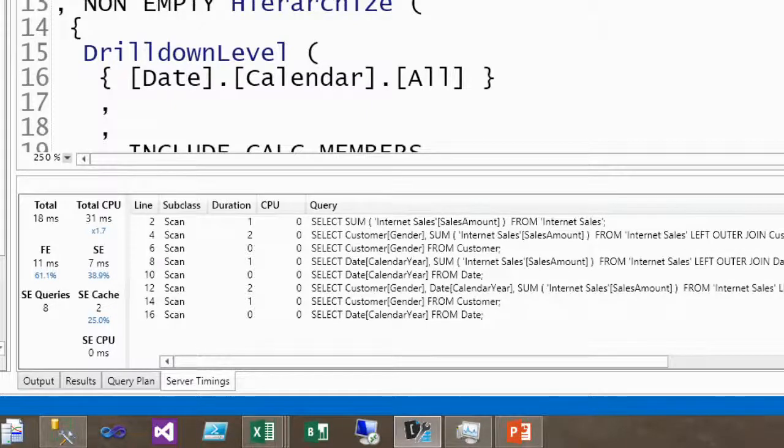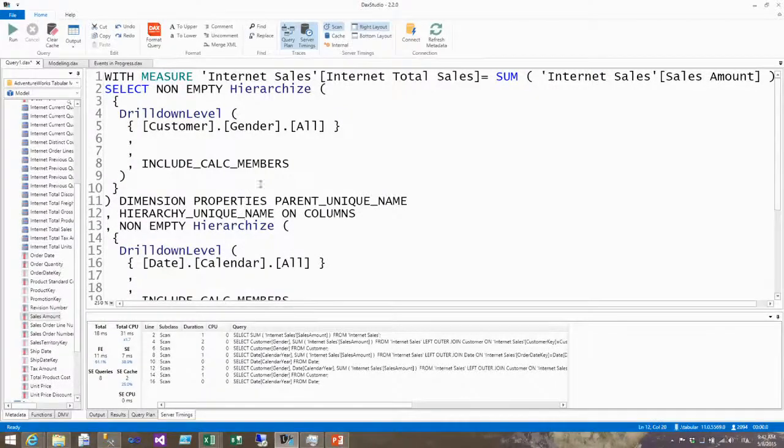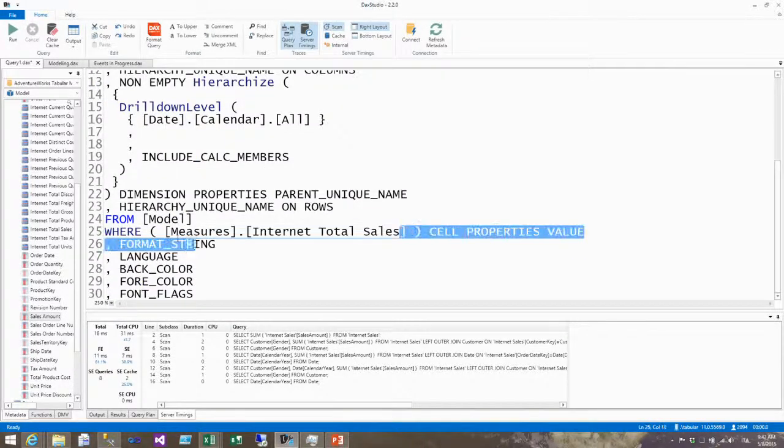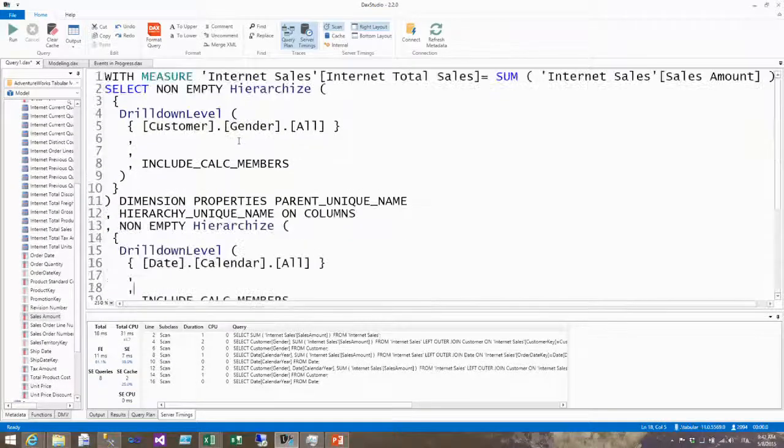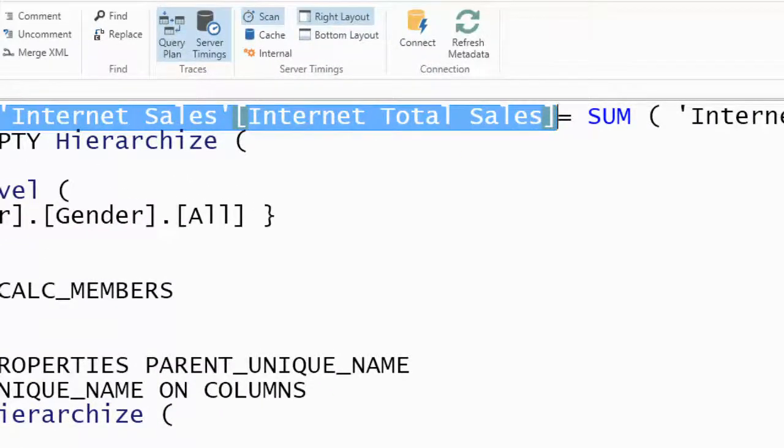No. You can use a better way. You can do this. MDX syntax allows you to define a local measure, also in DAX. The syntax is WITH MEASURE, and you write the DAX measure. For example, my MDX query was using this measure, Internet Total Sales. This is the MDX syntax. But in reality, what is Internet Total Sales? It is a measure defined in the Internet Sales table. If I write the same name here, I override the definition that I have in the model, and I write my own definition of this DAX measure locally to this query.